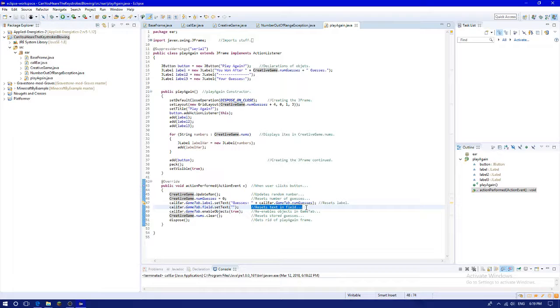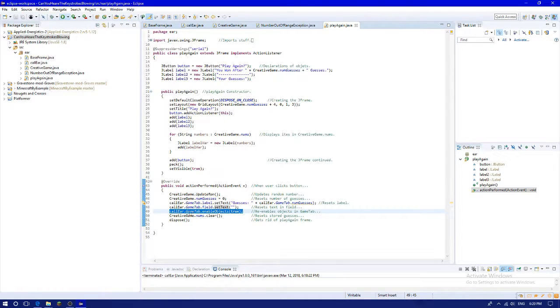And then it will also reset the text in our text field that you type stuff in, so that it doesn't display your previous guess. And it will re-enable the objects in the game tab using that nice method we created earlier. And it will reset the stored guesses, and then it will also get rid of the play again frame. Right here,